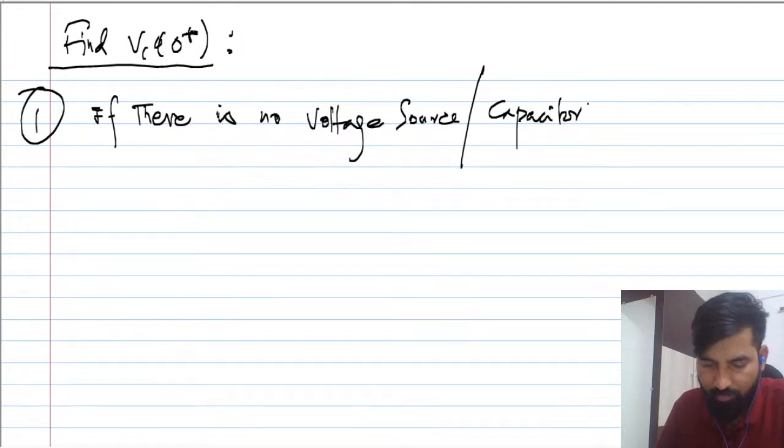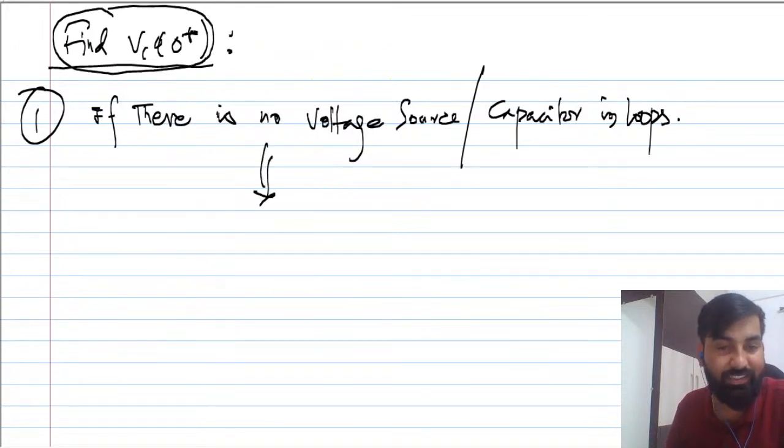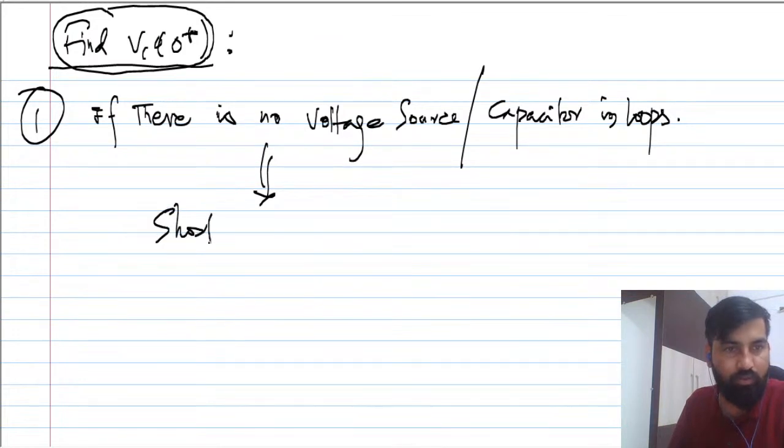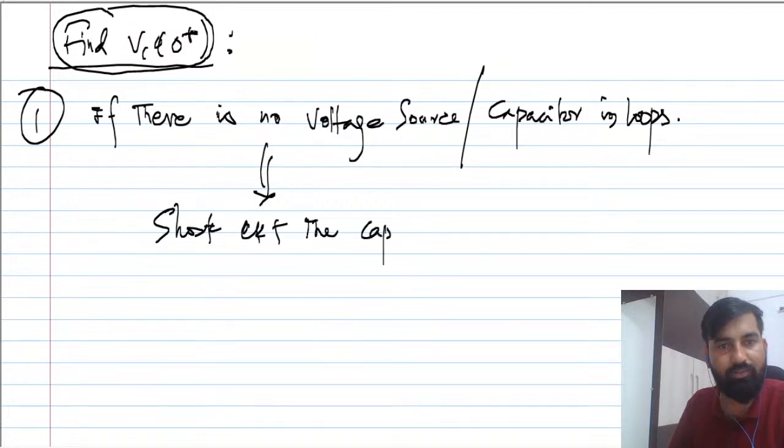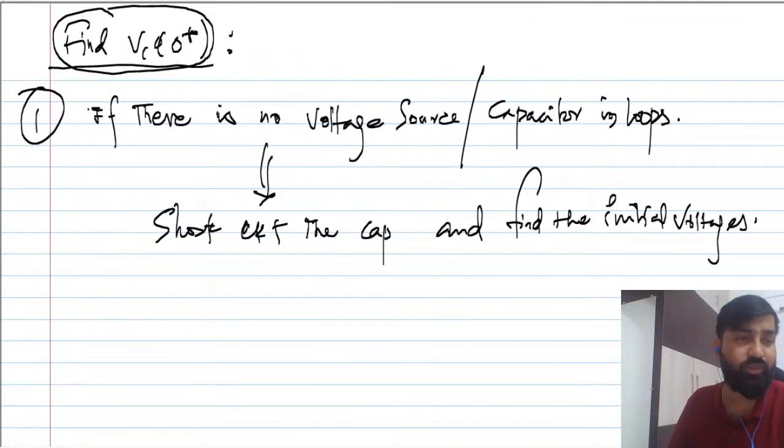okay, in loops, okay, then what you have to do for finding VC 0 plus, मैंने बताया था, क्या किया था आप लोगों ने, replace the capacitor by short circuit, क्या किया था, short circuit the capacitor, okay, short circuit the capacitor and find the initial voltage, okay, this is one situation,